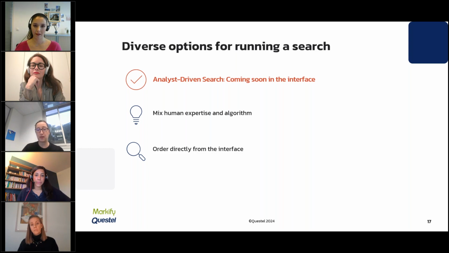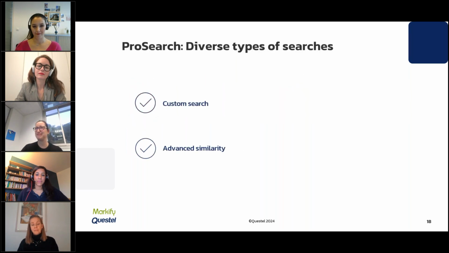The service itself is absolutely not new, and once again, An-Sofie and Elena will speak about it, but the fact that you will be able to order it from the interface, yes, will be new. This will happen in the comprehensive search part, the pay-as-you-go part that you have very quickly seen before. And what we like about this service is that it's a mix of human expertise and algorithm. So I would say best of both worlds directly from the interface.